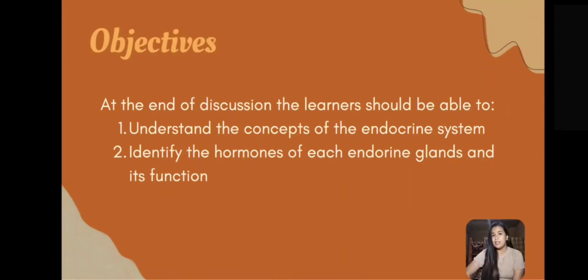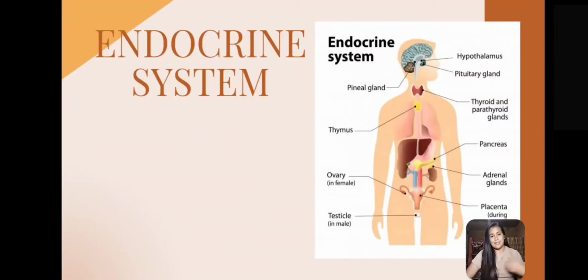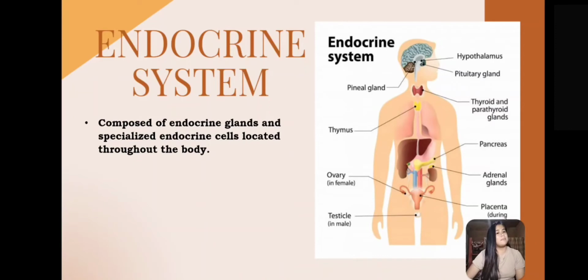So let us define what is endocrine system. Endocrine system is composed of endocrine glands and specialized endocrine cells located throughout our body. As you can see, here are the different glands of our endocrine system. We have here hypothalamus, pituitary gland, pineal gland, thyroid and parathyroid gland, thymus located here, pancreas, adrenal gland, ovary in female, testicles in male, and placenta, which is